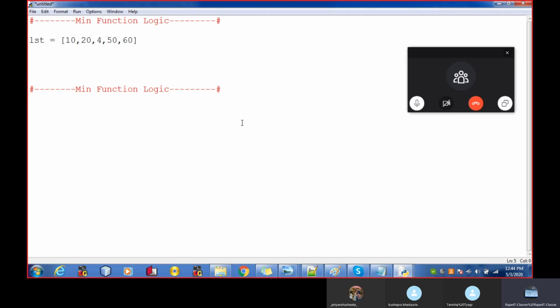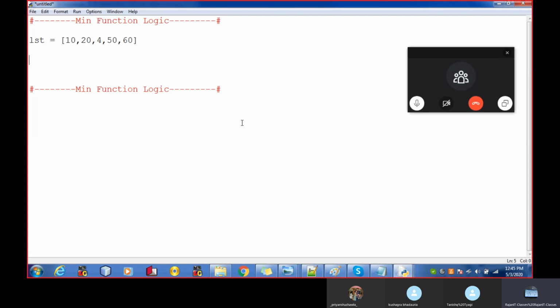Now our goal is to get the lowest value from the list, and we all know the lowest value is 4. But what is the logic to retrieve the 4 from the list? How will we find out the lowest value is actually 4?